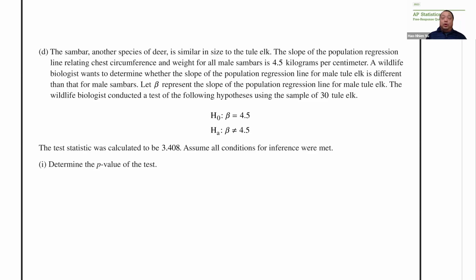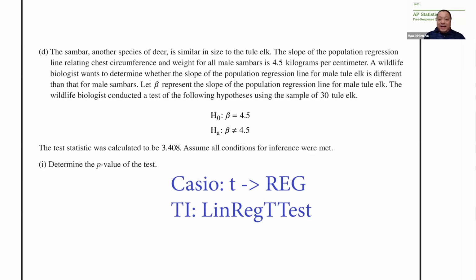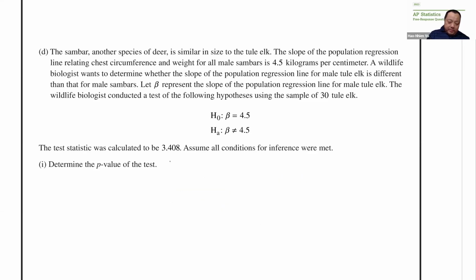The test for the slope uses the t-statistic. If you don't remember, go look in your calculator. See where it falls under. So under Casio, it's under t and then reg. So you know that it uses a t-distribution. For the TI, the name of the test is lin-reg t-test. So again, you know it uses the t-distribution. So test of slope